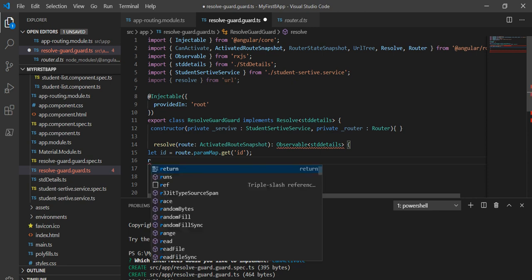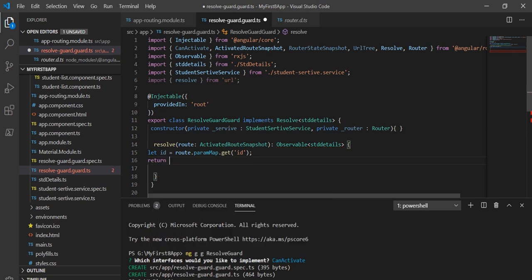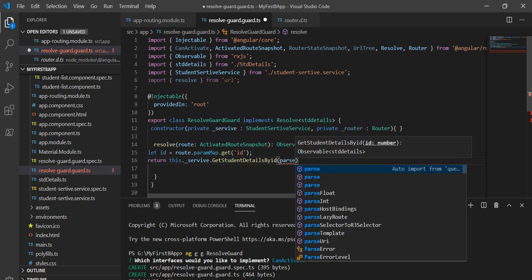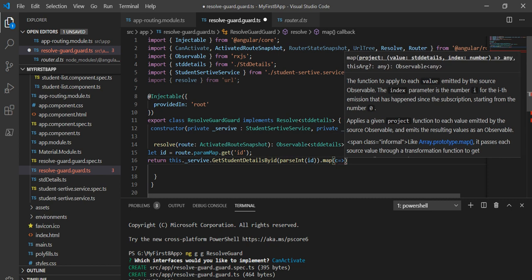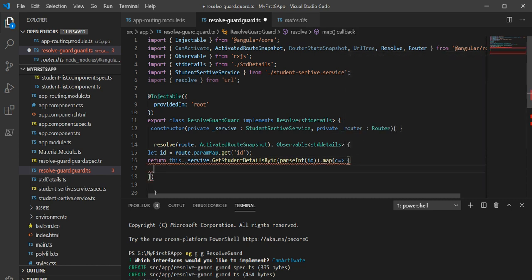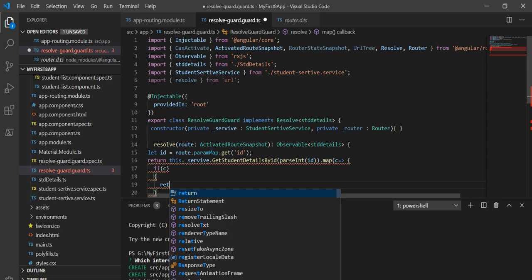I am going to return this.service.getById, and inside this parseInt, and here I will take id, because we are converting this ID into an integer, dot map, and inside this we write: if c, then return c.